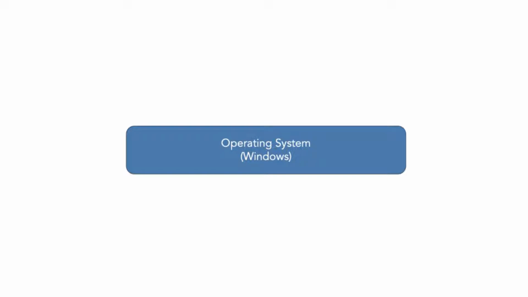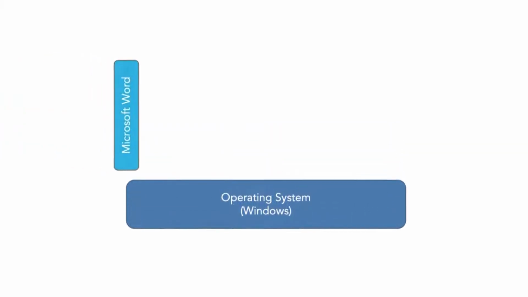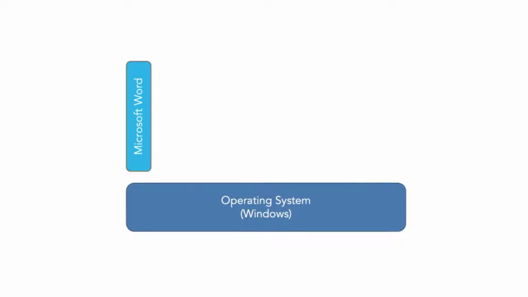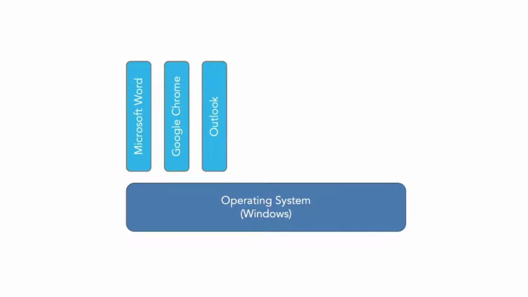So once you have an operating system installed on your machine, that means you can actually start to run other programs on it. So for example, on my Windows machine at work, I can run Microsoft Word, edit some outlines for a course, for example. I can also have Google Chrome running as well, do some web browsing. Maybe I have Outlook as well to be able to access email. And I can do all of those three things, execute those three programs at the same time, thanks to this operating system that we have.